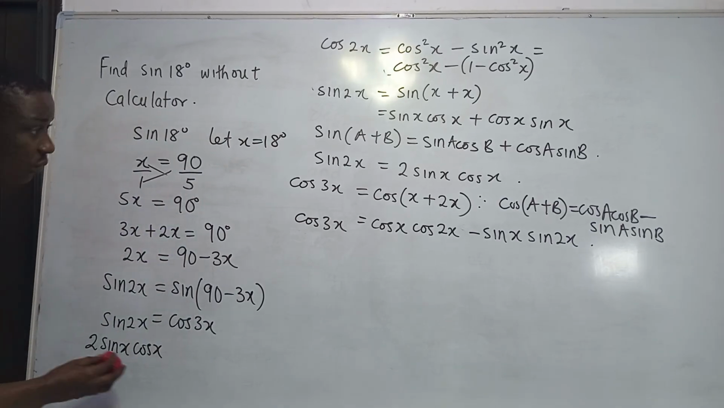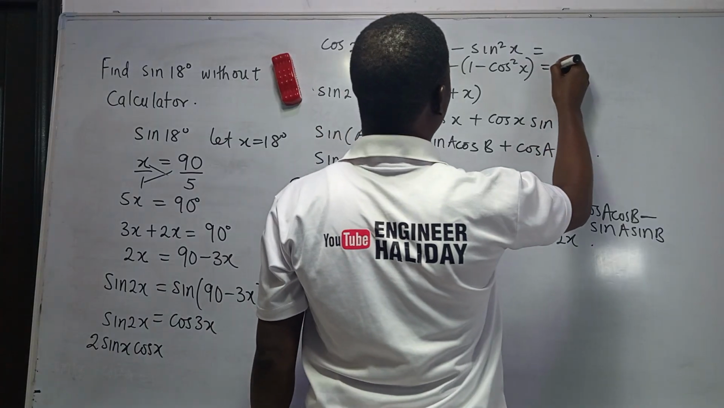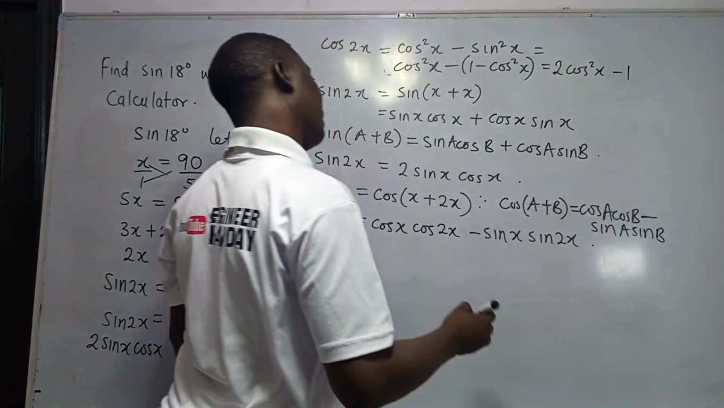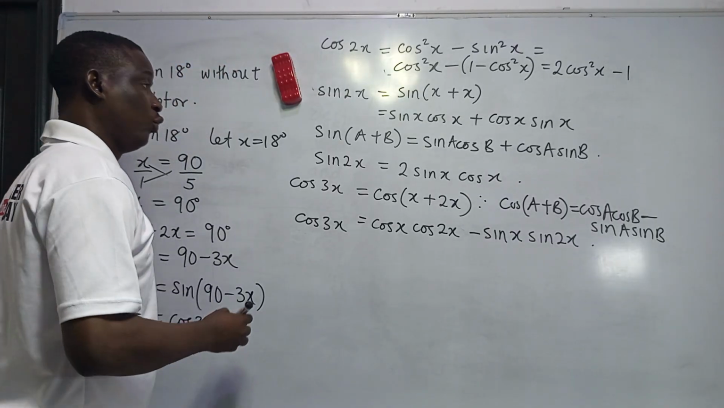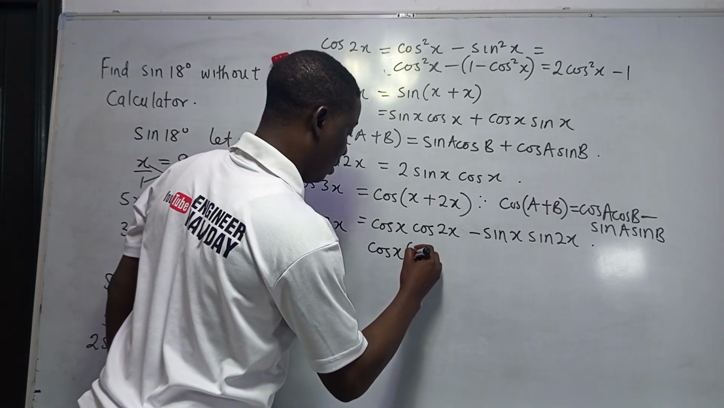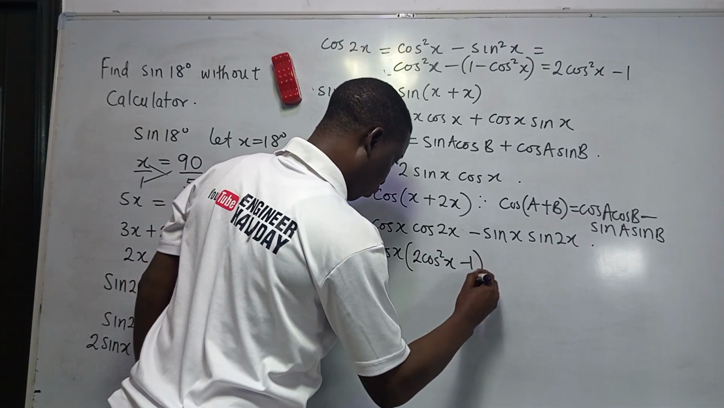So if you do that quickly, we are going to have it as what? We are going to have it as 2 cos square x minus 1. That's what you are going to have if you do that. So if you put it here, we're going to have what? Cos x into bracket 2 cos square x minus 1